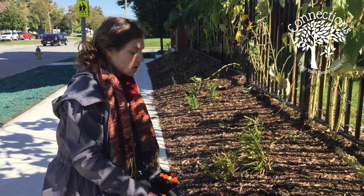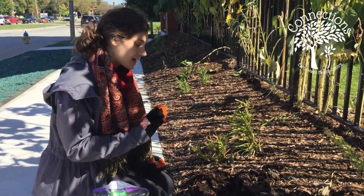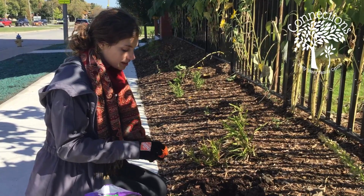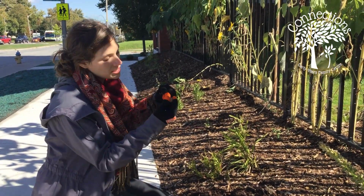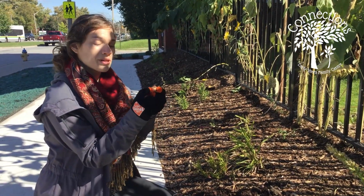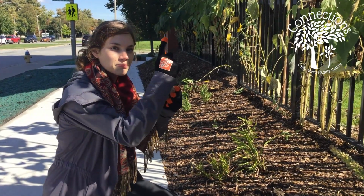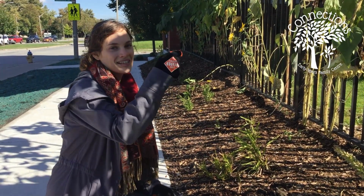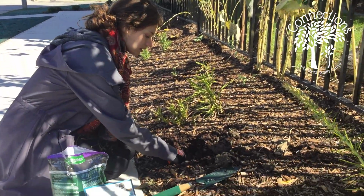So when you're planting your bulbs, you want to plant them according to the instructions that come with them. Different bulbs will have to go at different depths into the soil. And when you do, you just want to take them so that the point, usually a little tip that you can see, is pointing upwards, because that's where the bulb is going to turn into a flower and push up. So if you do it upside down, it makes it very hard for them to grow the right way. So you're going to plant them in little clusters,